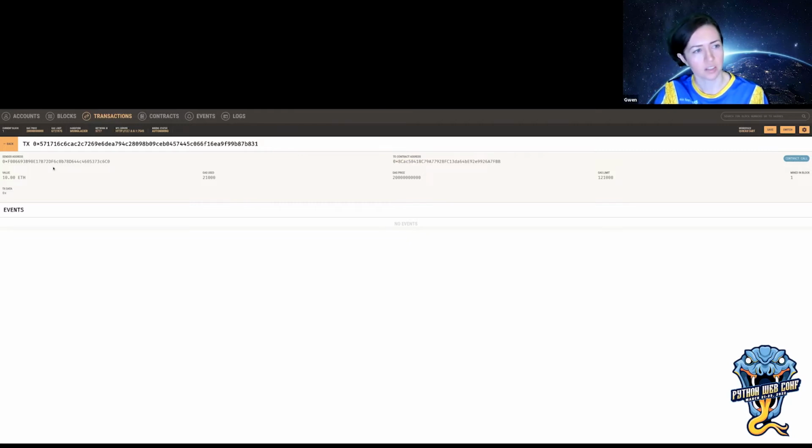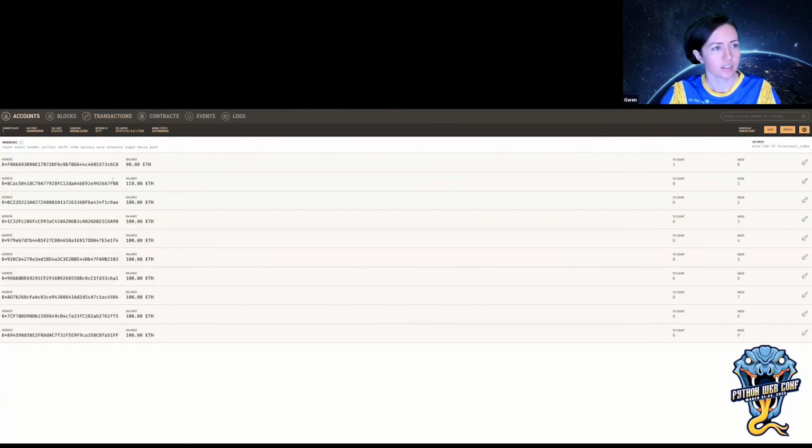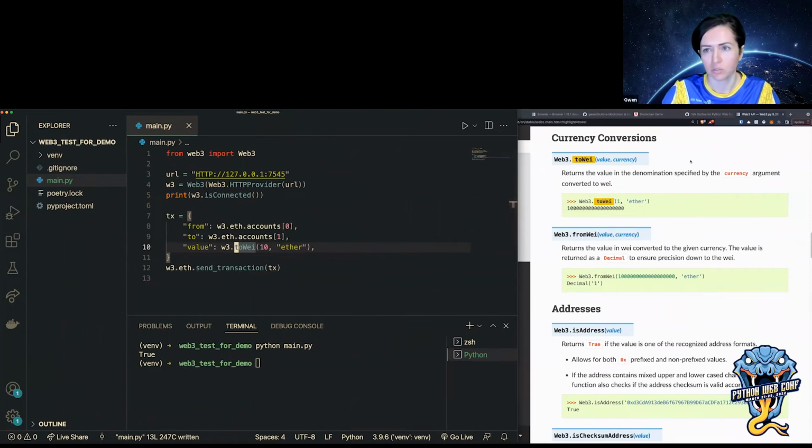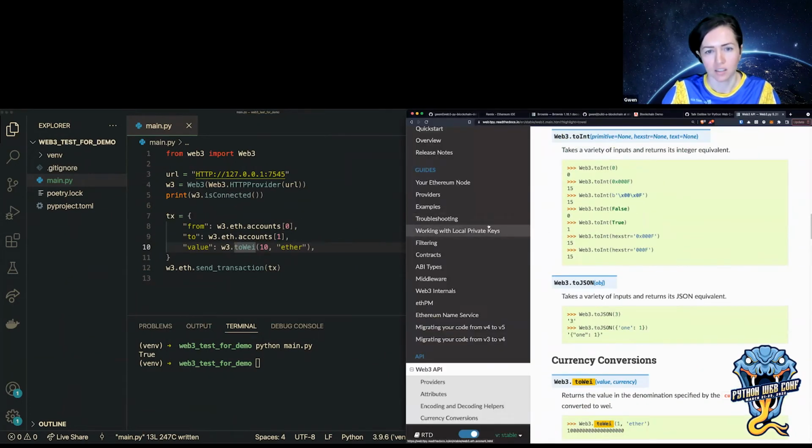If you're using an actual testnet or the main network, you can use a website that will give you this information and more. So let me go back to accounts. There's a lot more you can do in the API with sending and receiving transactions, but those are the basics.